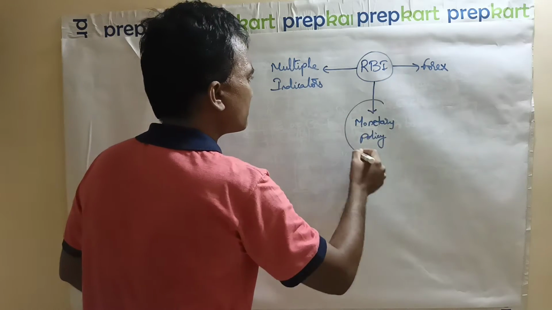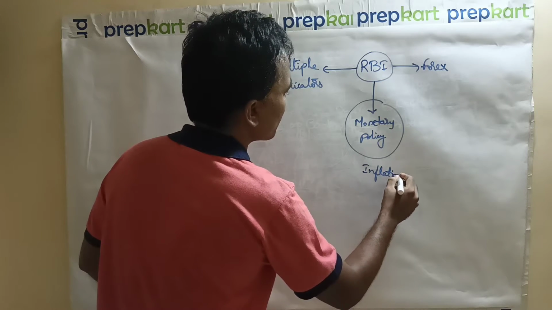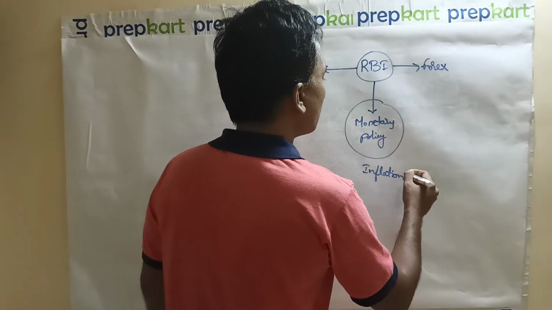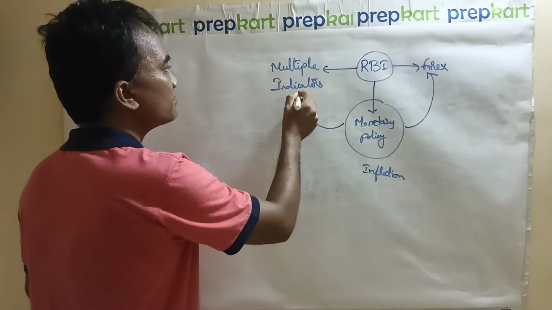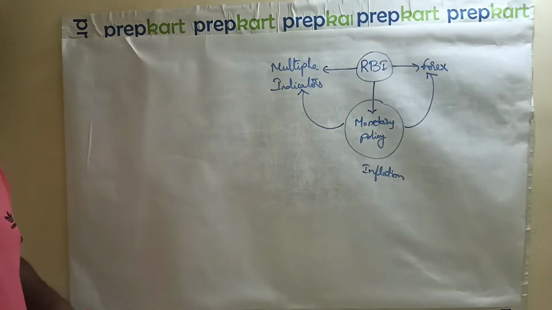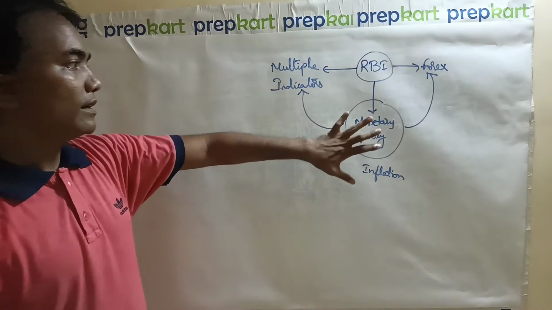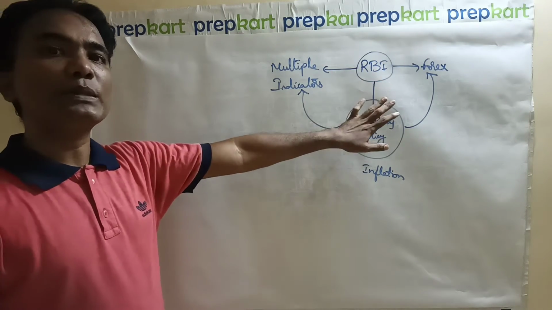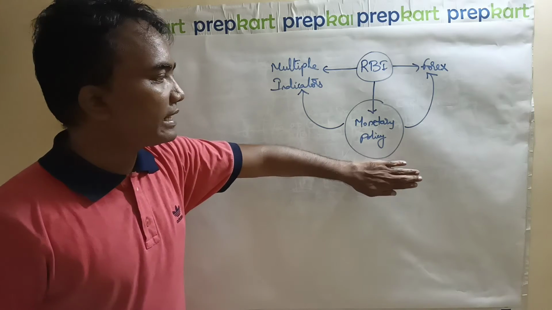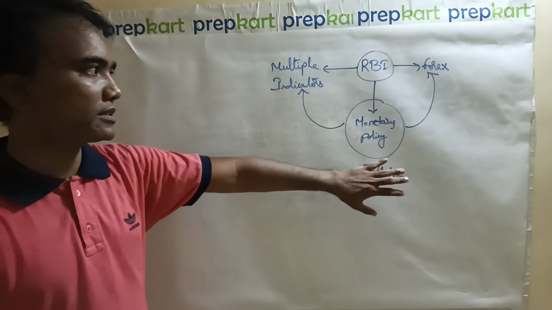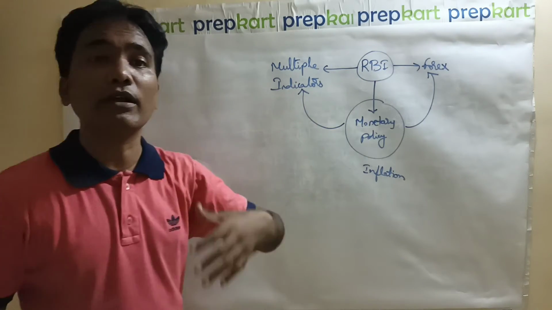And this concept is more related to inflation, and up to some extent related to foreign exchange reserves and multiple indicators. So, whenever you have the Reserve Bank of India concept, please focus on three things. It is the one which takes care of monetary policy. In monetary policy, it has to focus on inflation controlling measures. It has to focus on foreign exchange reserves, preserving foreign exchange reserves.